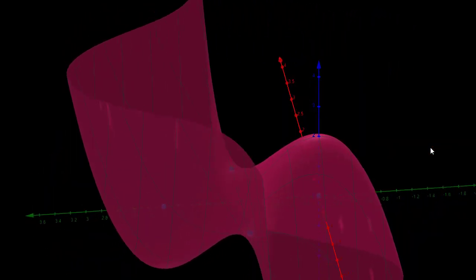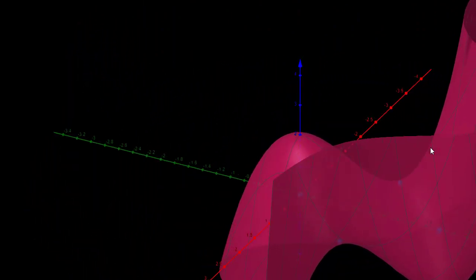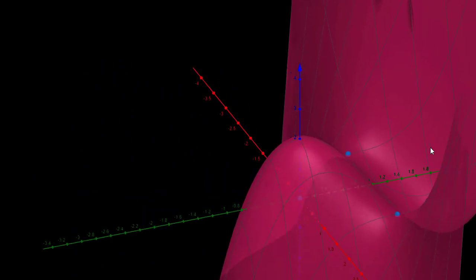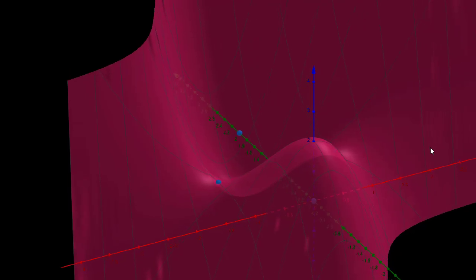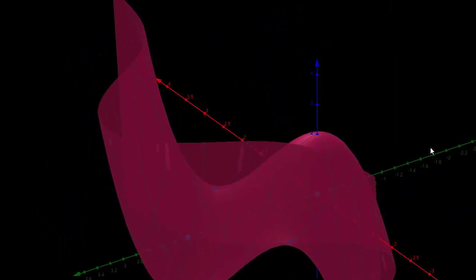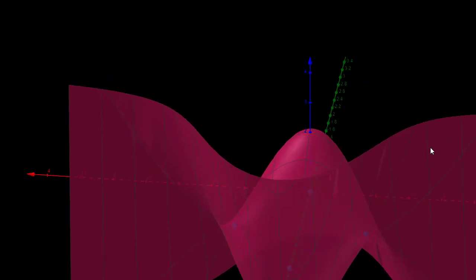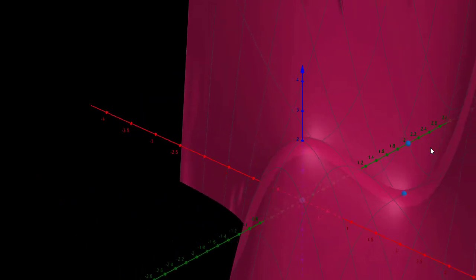All right, so that should about do it for this particular lecture. In the next one, we're going to look at how we tackle absolute maxes and mins with constraints, constraining surfaces over, say, a circle or just over a particular line. All right, so I will talk to you